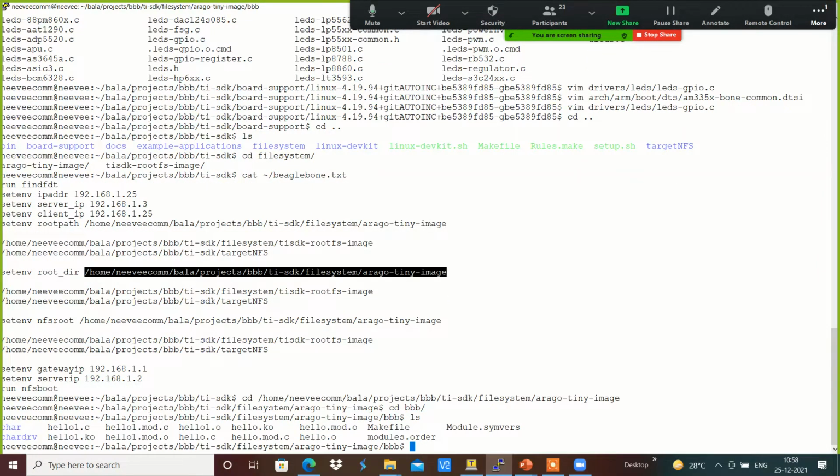Inside this, I am going to copy the character driver with cp -r as something like sys.